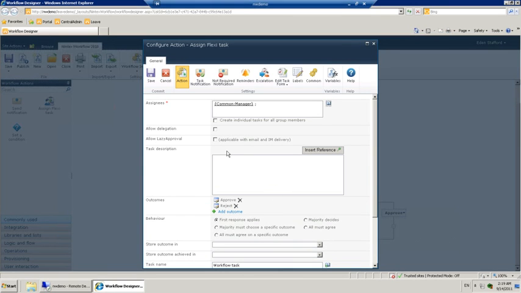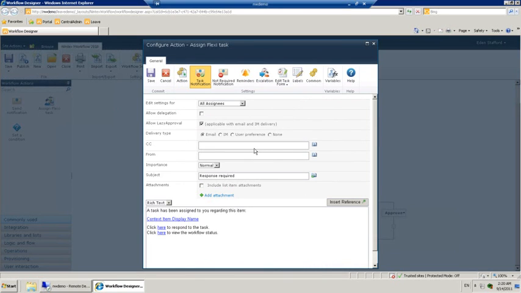And we're going to enable lazy approval. Lazy approval is great because it means that people with workflow actions to respond to can do it via email or even instant message. They don't necessarily have to fill it out in SharePoint, which makes a whole lot of things possible. So for now, I'm just going to enable it,